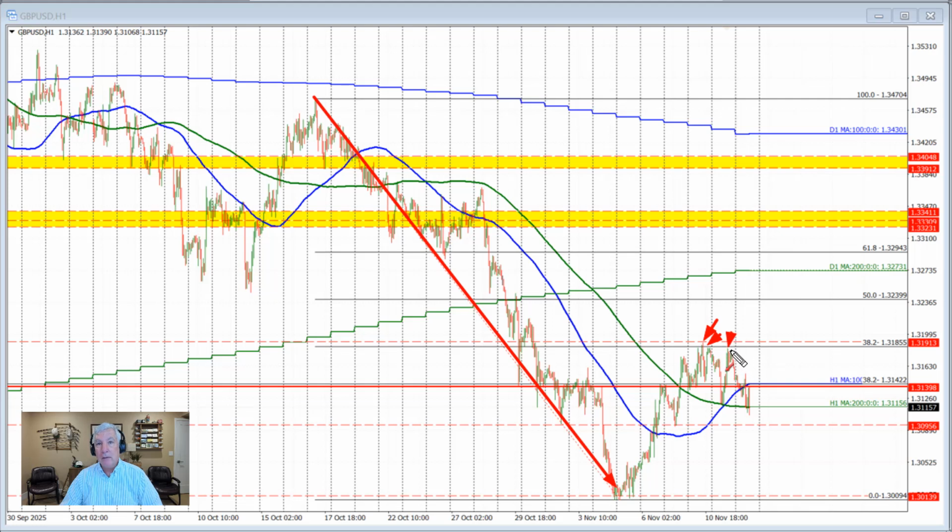Or yesterday, you came back up to that level and again found willing sellers against that level, pushing down back toward the rising 100-hour moving average in the Asian session today, where we traded above and below that moving average. We also traded above and below the 200-hour moving average, which should have sent the price lower on the break here. After all, we did test that level in trading yesterday, found support buyers pushing back up toward the 38.2,